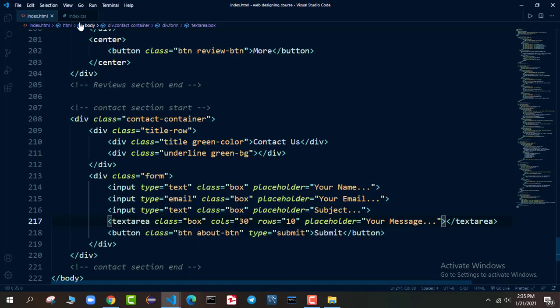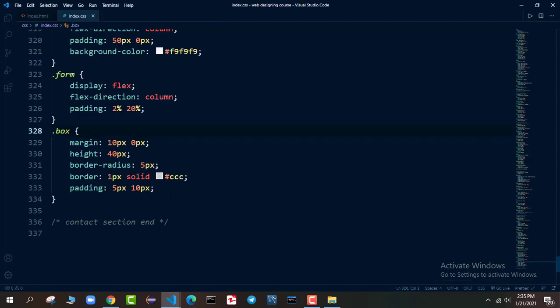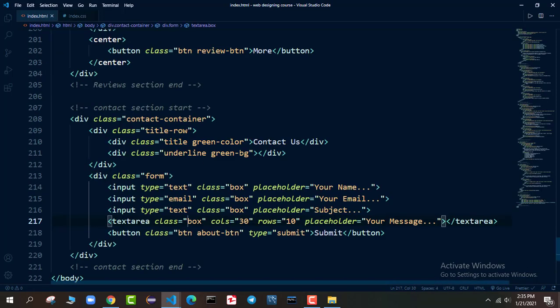Okay, now the only thing that we don't want in our text area is that it should have the default height.